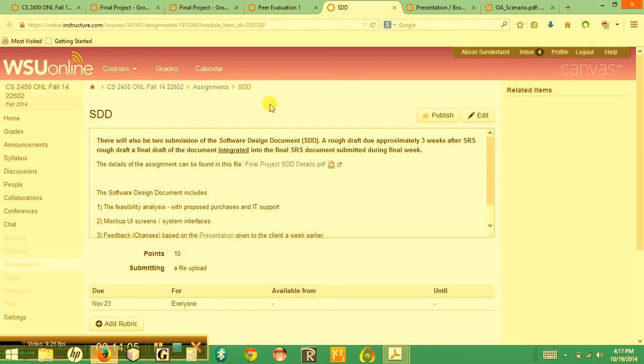reduced points. Now, that doesn't mean that the other teams can't get an A on the final project. It only means that the winning team, the winning group that gets the contract from the client, will be the only group that gets 100% of the points. All of the rest of the teams will get reduced points, but that doesn't mean they still can't get A's. So you're going to want to include a feasibility analysis with the break-even point,